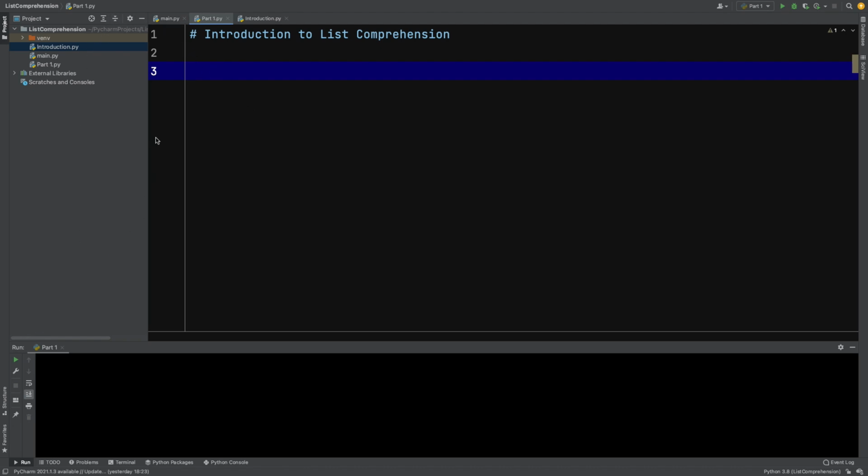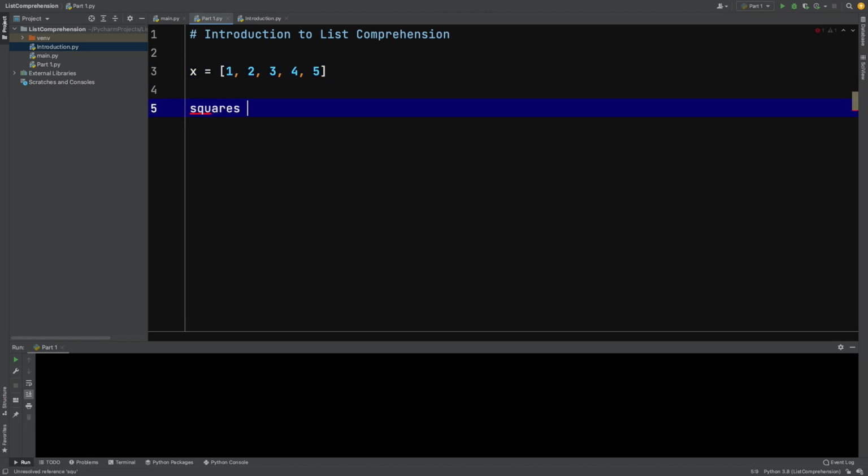So what I'm going to do now is first write a list and iterate it using a normal for loop, and then do the same thing using list comprehension. So let's assume we have a list x equal to 1, 2, 3, 4, and 5. Now we want an operation that's going to return the squares of this list. Assuming I'm going to write it as a for loop, I'm going to say